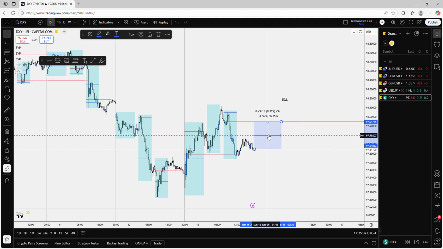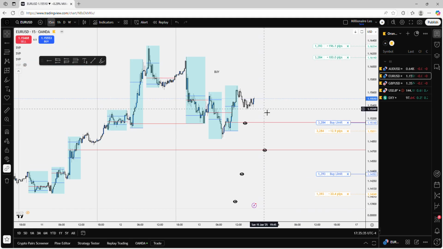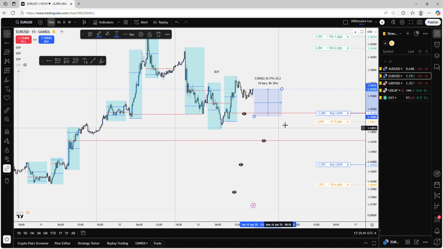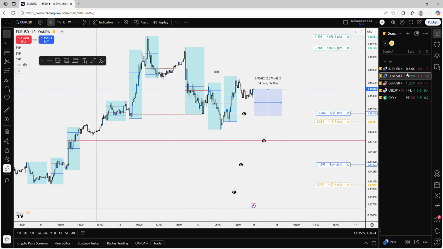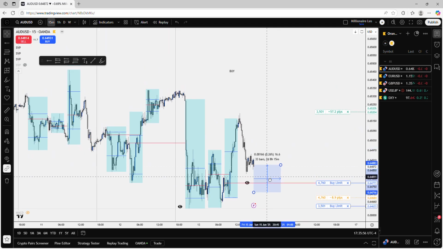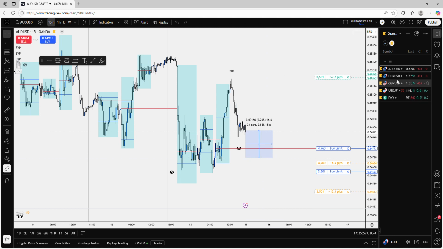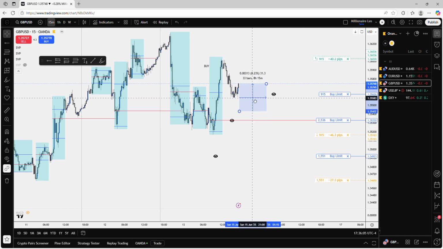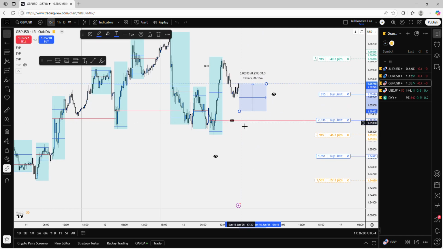I can, in theory, copy, paste, and see at or about how much drawdown I'm going to be in, or if my POC is going to get run through. As of right now, my POC is not going to get run through. So that's kind of how I use the DXY as well. Right here, I'll be in a little bit of drawdown. Right here, the likelihood of my trade getting hit down here is very unlikely. The likelihood of my trade getting hit right here on this POC is very likely.